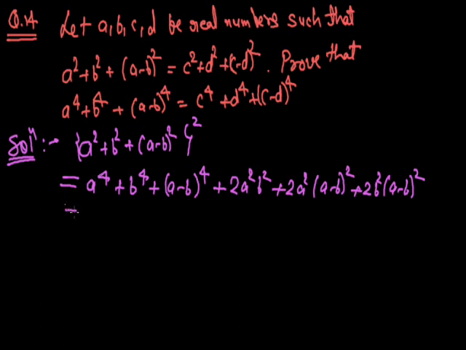That may be given as A raised to power 4 plus B raised to power 4 plus (A minus B) whole raised to power 4 plus 2A square B square